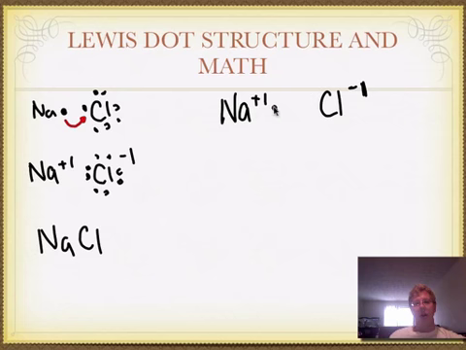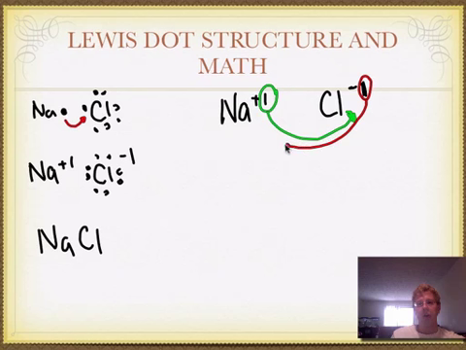And what you can do is take the sodium charge here without the sign, and put it down by the chlorine atom. And if we take chlorine's minus 1 charge without the sign and put that down by sodium,